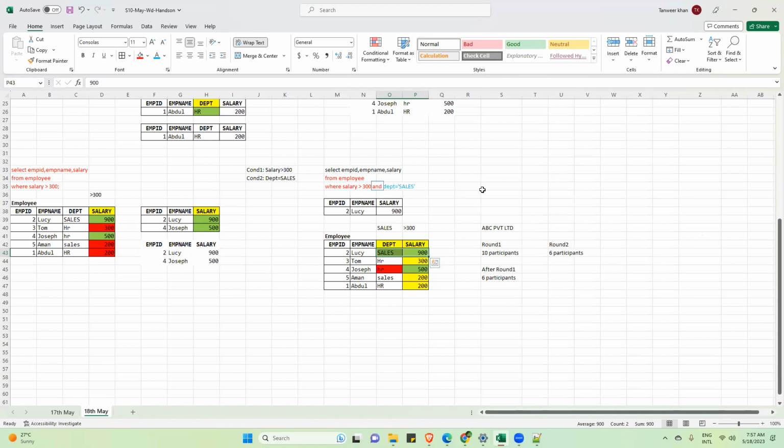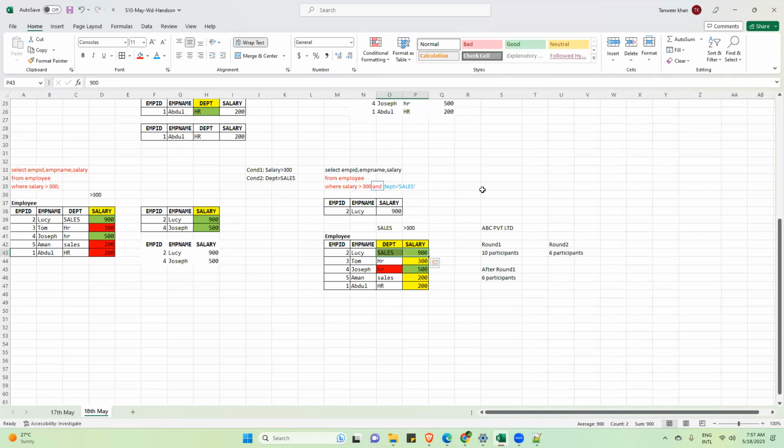Yeah, if we have two conditions, we have to apply two filters. In the AND condition, the system will check wherever the data has met the first condition, and from that data the next filter will be applied.